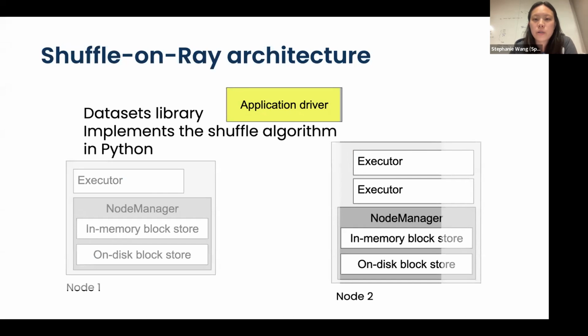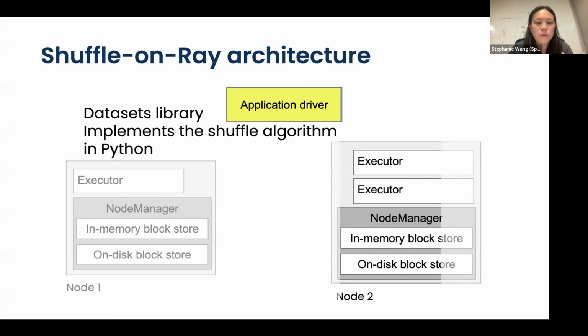The Datasets library sits here in the application driver, which you can think of as the main program or the entry point for an application. This is where we're specifying the shuffle algorithm. The Datasets code is all written in Python, and for the most part, it's going to look very similar to normal sequential code that you would write on your laptop. That's because Datasets is using Ray to execute the data processing tasks in a distributed way. So Datasets will submit a shuffle job by calling a series of remote functions, and we'll show an actual example of this code later in the talk.